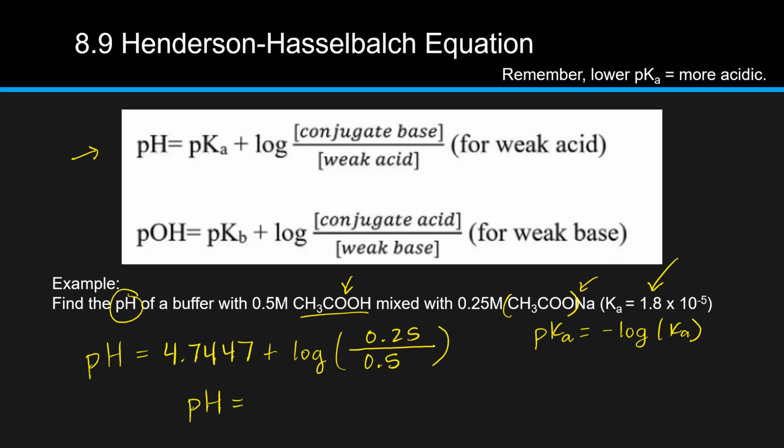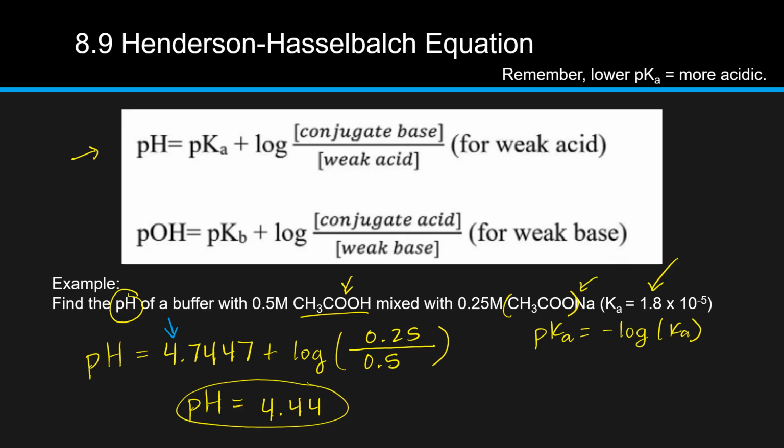And that gives you a pH of 4.44 for our buffer. Now let's look at what that all means with correlation to yesterday's lesson on 8.7. So I know that at the half equivalence point with a buffer solution, my pKa is equal to my pH. And at the half equivalence point, I have equal amounts of my weak acid and my conjugate base. So what that means is at a pH that's equal to my pKa, which is 4.74,